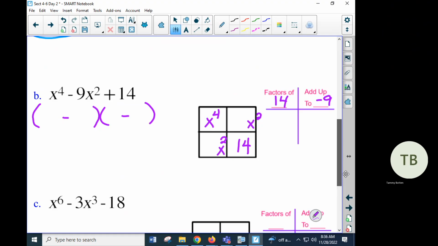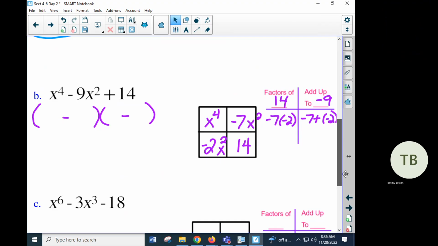You have 7 and negative 2. Yep, negative 7 times negative 2 is a positive 14. Negative 7 plus a negative 2 is negative 9. So I put a negative 7 and a negative 2, and then when I'm deciding what these are, if this is